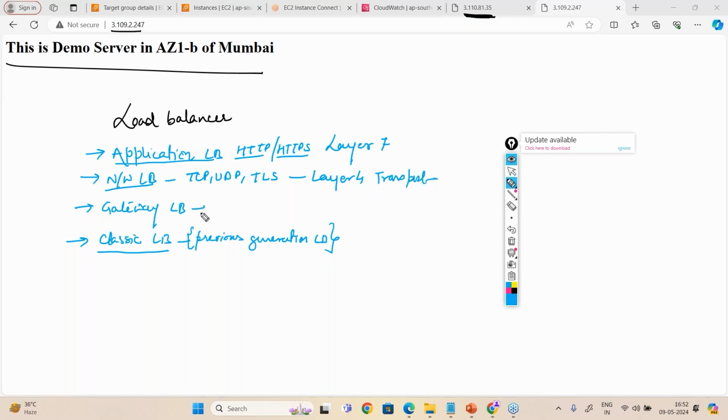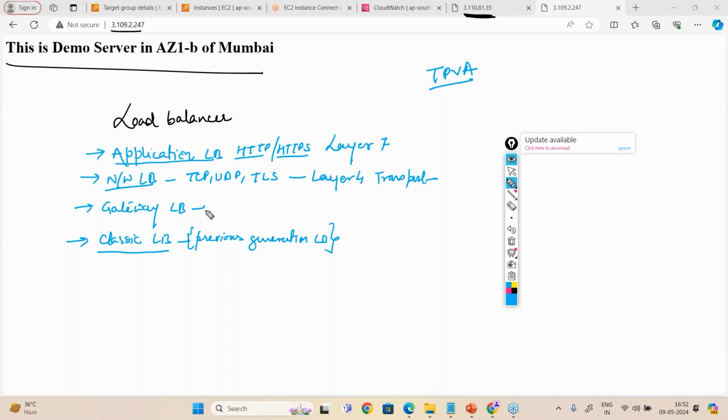We do have some third-party virtual appliances where I want to inspect my traffic before I allow it into my VPC. Now you must be thinking, Parul, what is a third-party virtual appliance? This is the new fancy term you are introducing. Now see, there are market leaders, like AWS is a market leader in cloud. For security, we have a market leader, a firewall creator, Palo Alto. You might have heard of it. They are market leaders, so organizations have trust in Palo Alto. They have trust in various other firewalls. Now they want their traffic to be deeply inspected by those firewalls they have trust in.